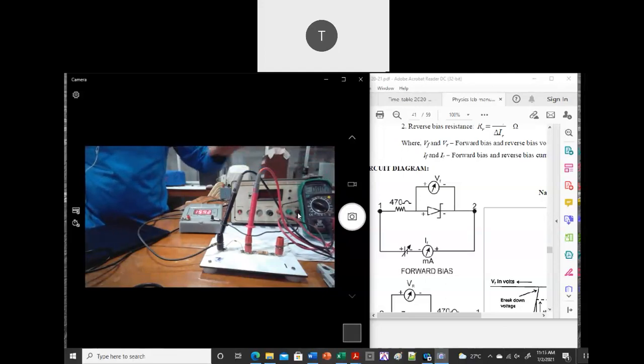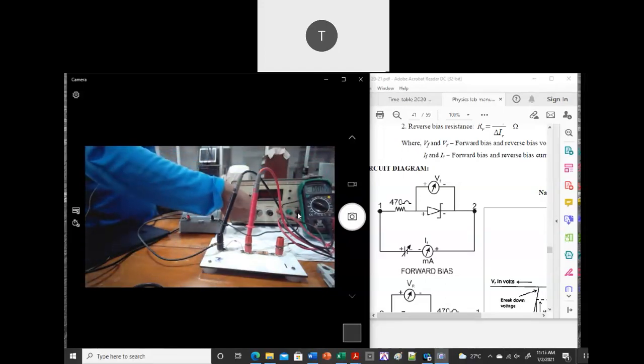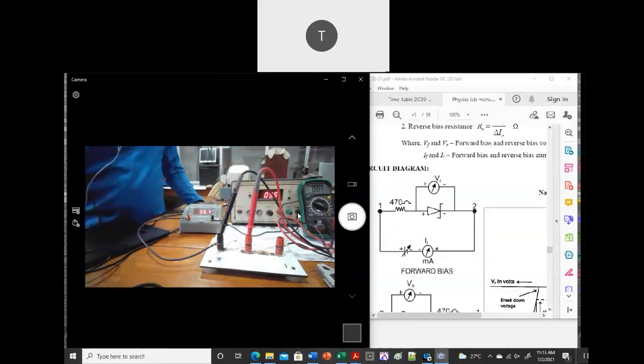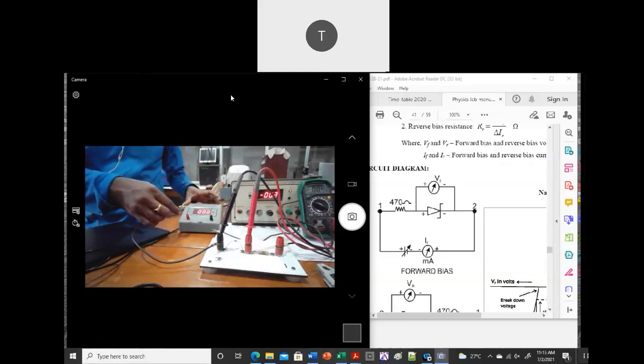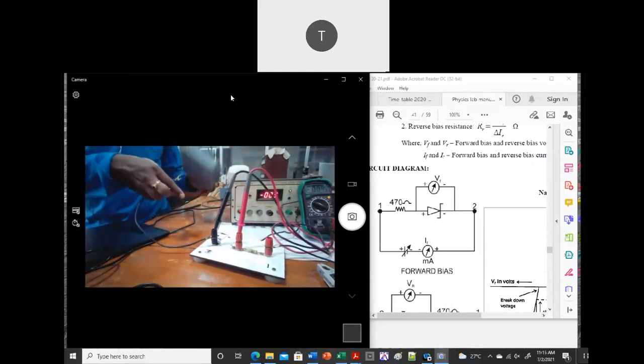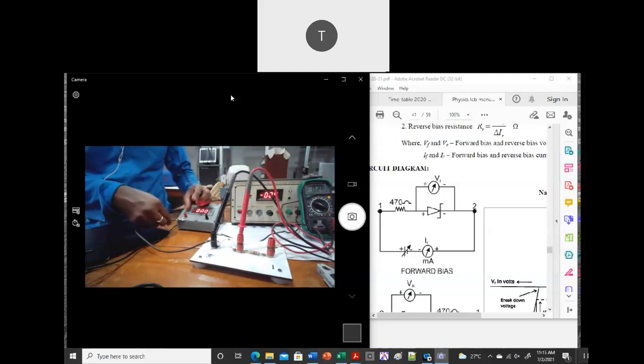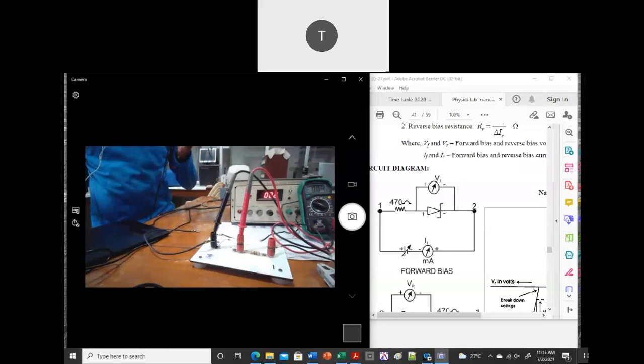So now before you switch on, what is the condition? Your voltage is at minimum, current is at maximum. Then you can switch on the battery. Okay, so now I think this is not working properly. Yeah, I think I will change this. So just give me 2 minutes. Within 2 minutes I'll come back.